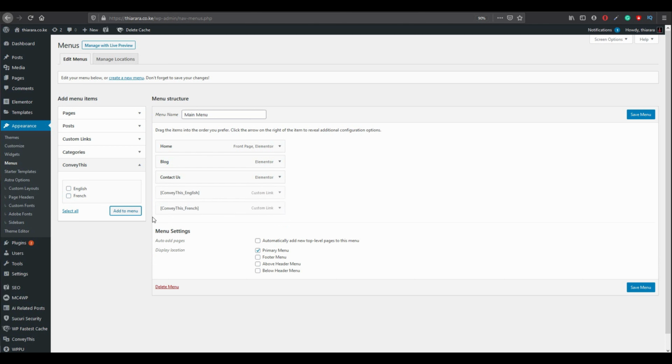Add to menu and drag them. I want them to be in the middle here where someone can find it very easily. I want this to be a submenu for English. I save the menu.